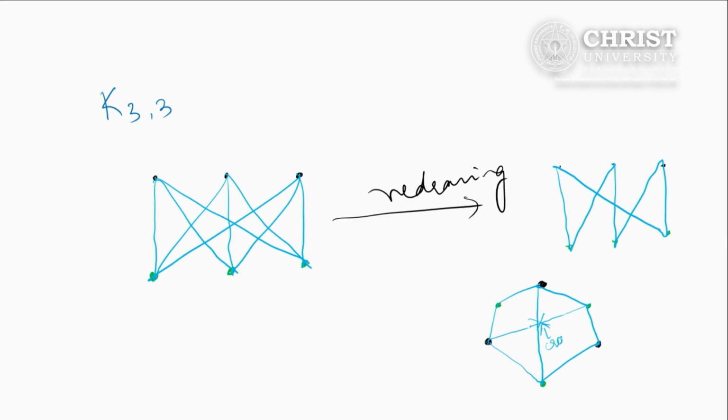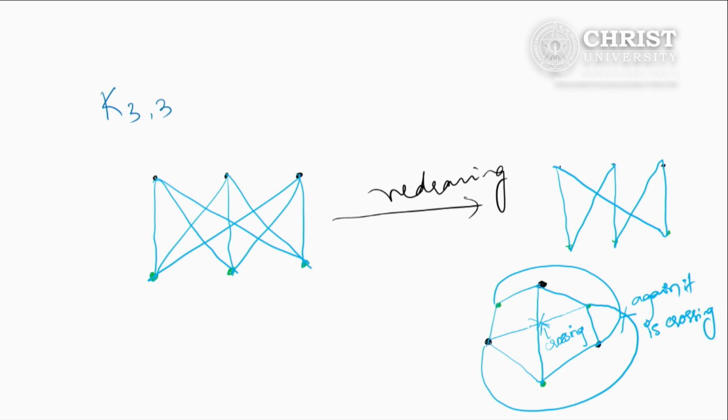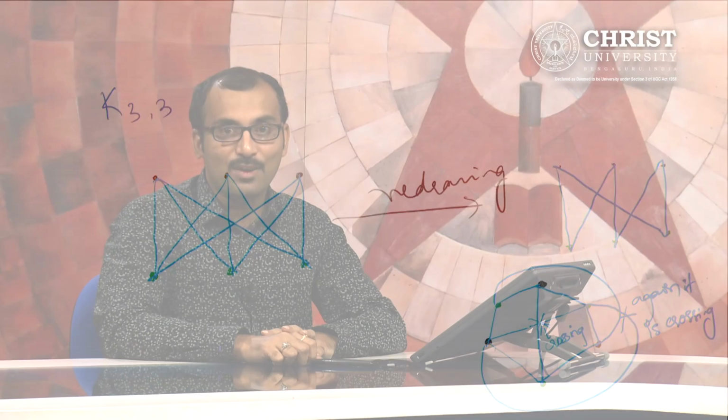If we draw the edge in the middle of the Hamilton cycle, we will get stuck. If we draw it outside the Hamilton cycle, again it will cross the edges. Therefore, we will end up with an edge crossing. With this, I hope you got a good insight on planar graphs.